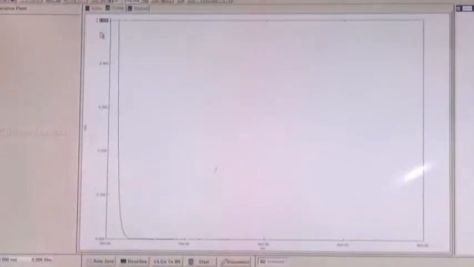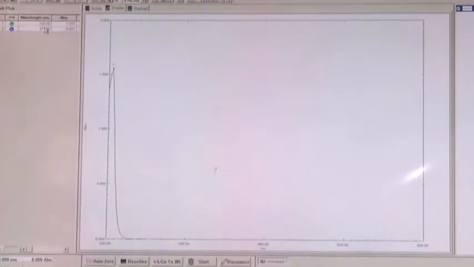So, here we can see a peak at around 205 nanometer. From here we can see no remarkable peaks are obtained in this region, 200 to 300. So, let us check this by lowering this value to around 0.1.